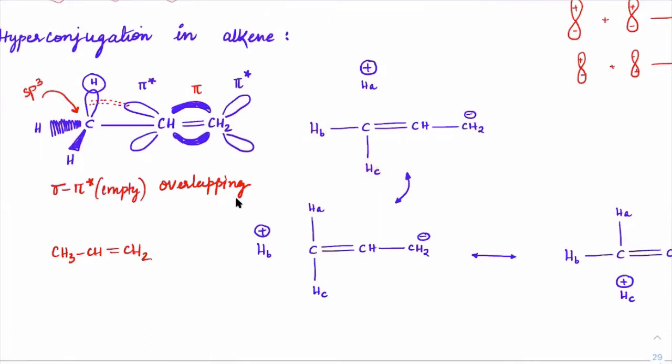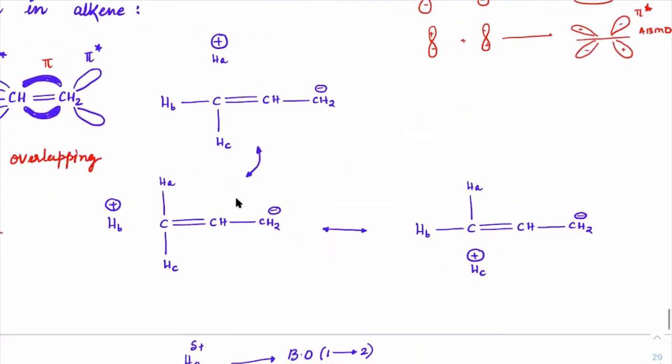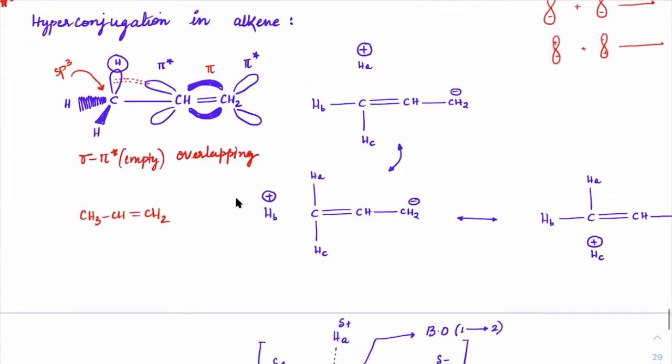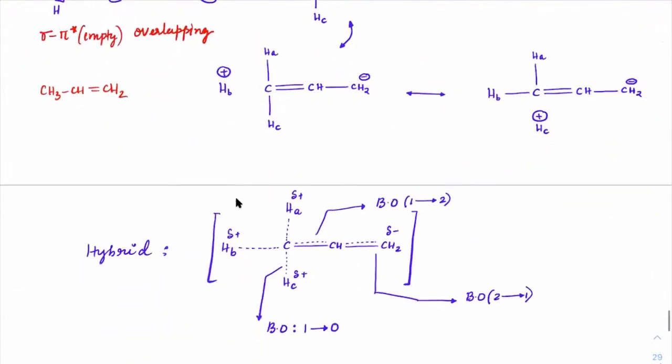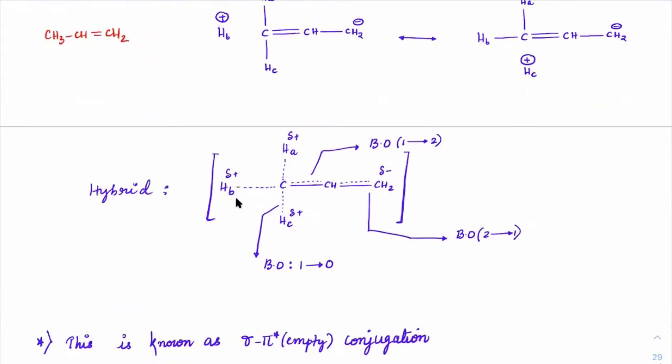So we can have here this as one of the canonicals and this as one of the canonicals. So three canonicals can be formed here with this hyperconjugation. And how does the hybrid look now? Check out in the hybrid, we have carbon and all of these are dotted lines. There is a partial double bond character developed here, and this double bond is moving onto a single bond by giving this negative charge on it.